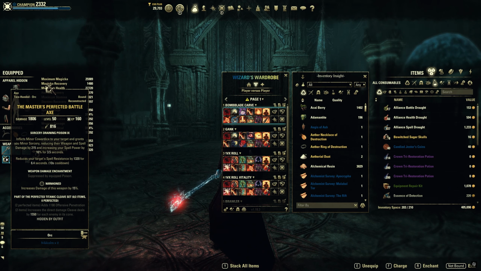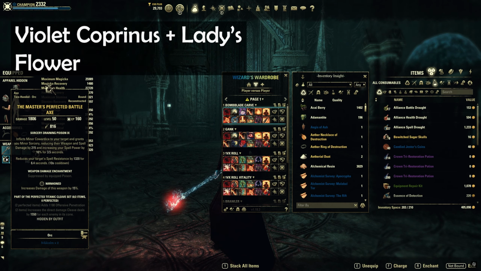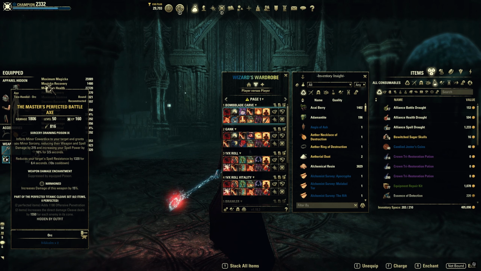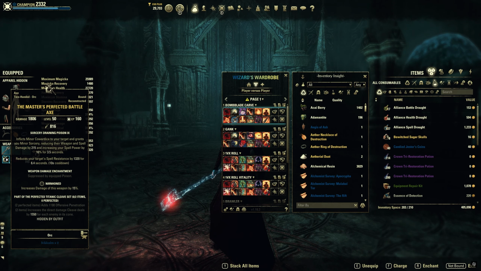So starting with the trait, Nirnhound is here because I already get a lot of penetration because of the ultimate that I run, but if you don't have that, you can run Sharpened as well. And then the poison, basically the important part is that it's going to have a chance to give me minor sorcery, which is a 10% spell damage increase, which is really nice to have. It will not be active every bomb for sure, but still having this in some of your bombs is a